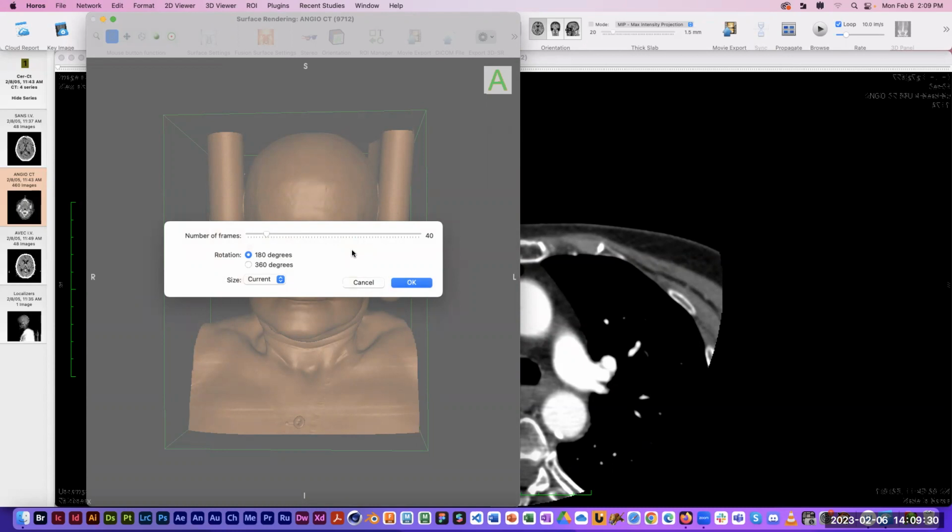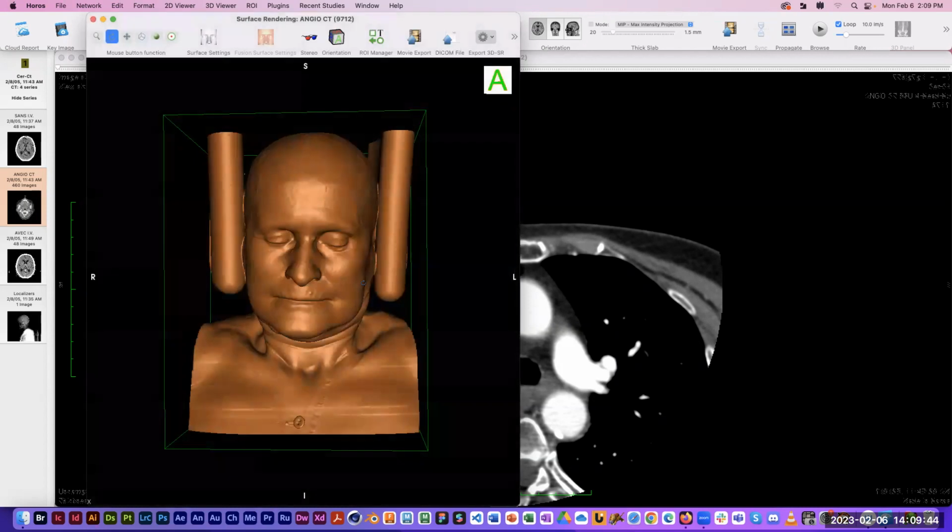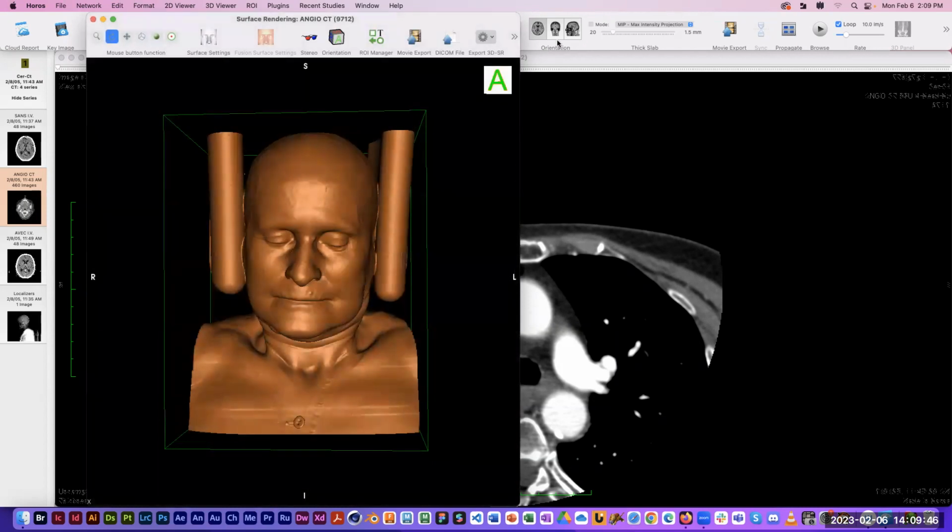All this Movie Export button does is have the body spin around either halfway, 180, or all the way 360, and that's it. So that is not really very useful. So I'm going to cancel out of that and go back up to the menu